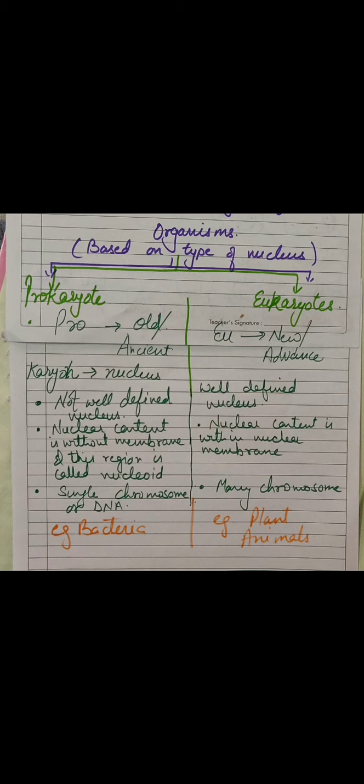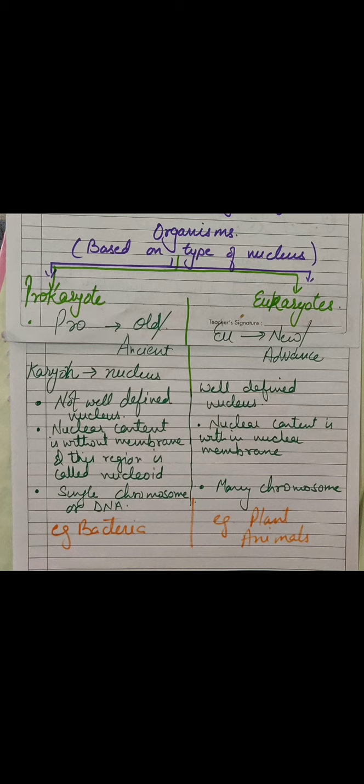It means the nucleus parts are not fully formed. Nuclear content is present, but it is not present within a membrane. But in eukaryote, all the contents like chromatin material, nucleolus, plasm, all are present, and they are all present within the membrane. Clear? So in prokaryote, this whole content area is called the nucleoid. And this content consists of only a single chromosome or single circular DNA.